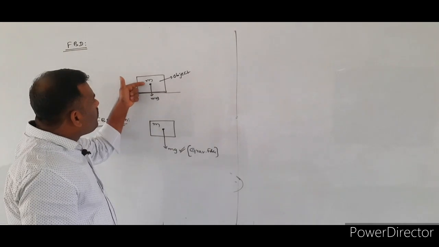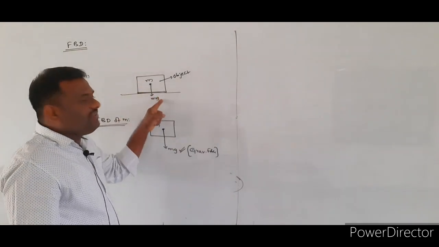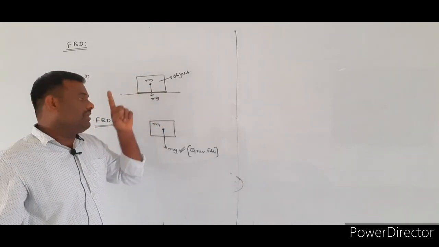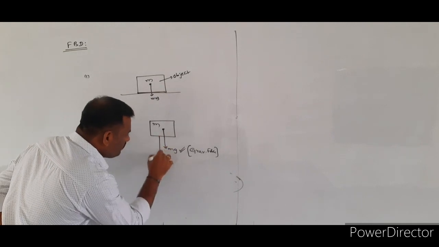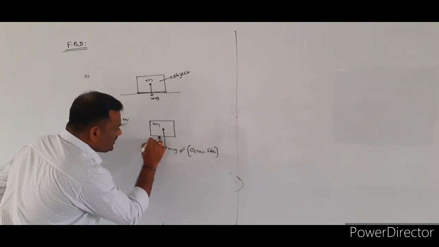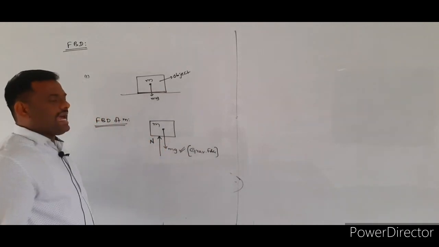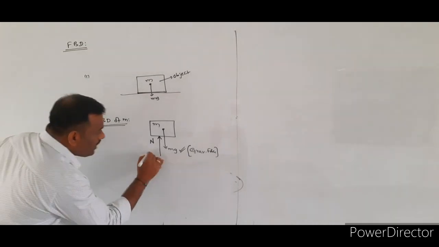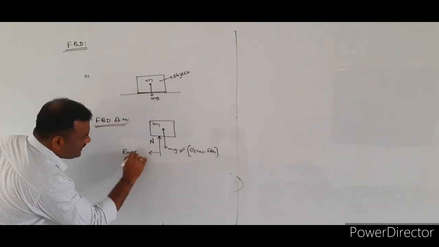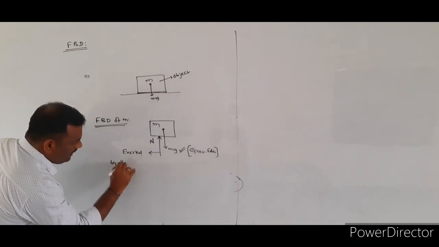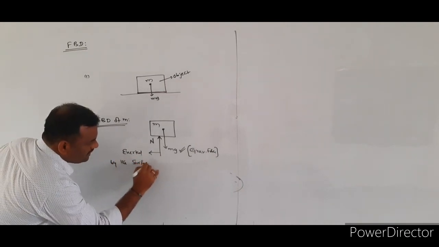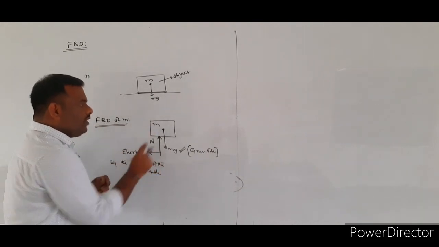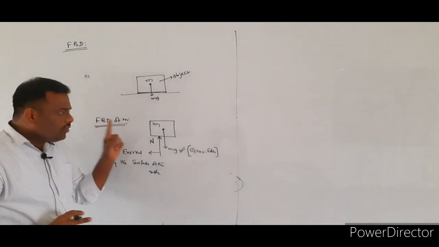So here, whenever this body is in contact with this surface, the surface will exert an upward force over the given body. So over the given body, one normal reaction force will be acting, or one normal force is acting in the upward direction. This normal force will be exerted by whom? This normal force will be exerted by the surface of the table. So if you look at the diagram, over this object of mass small m, only two forces are acting.